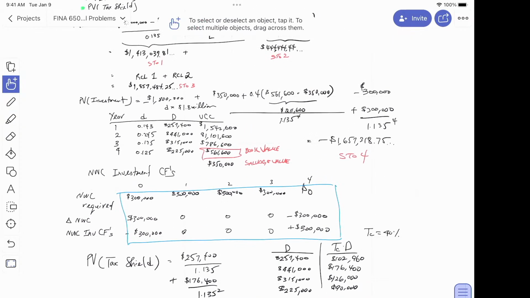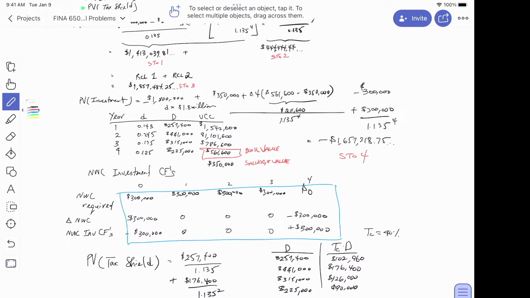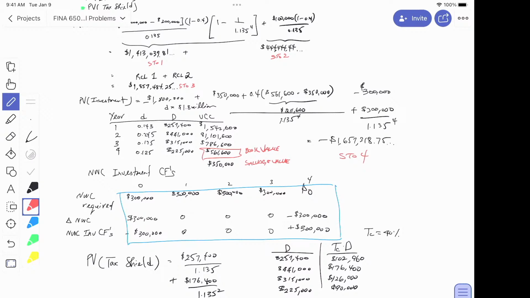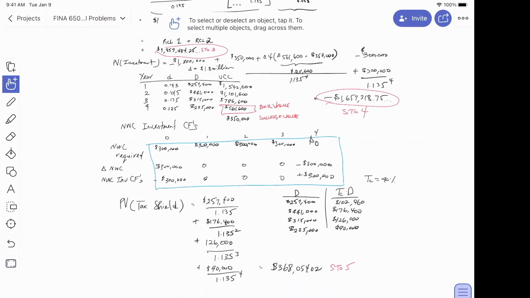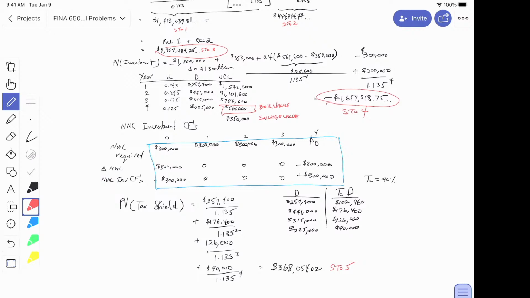Just looking at them, can we see the answer? So let's see if I circle. This one's almost 2 million. This one is negative, a little bit less than 2 million. And then the other one's positive. So is it positive? That's all you need to know. You don't have to get the exact value in this problem. Sometimes I might ask you for the exact value. So as far as I can see, adding store 3, store 4, and store 5, NPV is positive. So invest. That was an easy one, no?